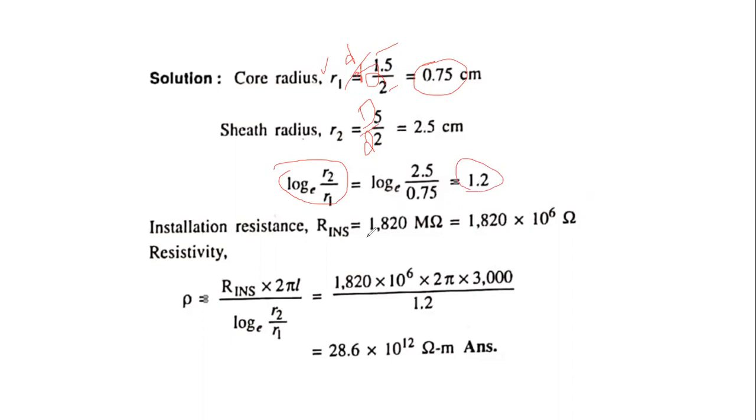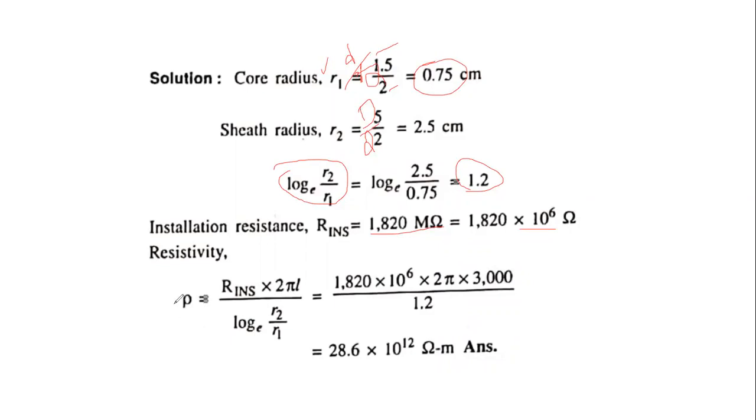Then the insulation resistance is 1820 mega ohms. The mega ohms is converted into ohms, that is 1820 into 10 power 6 ohms. Next, we calculate the